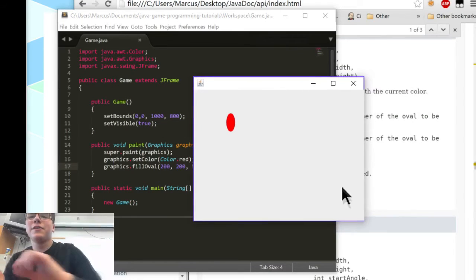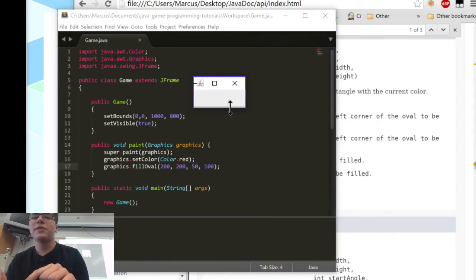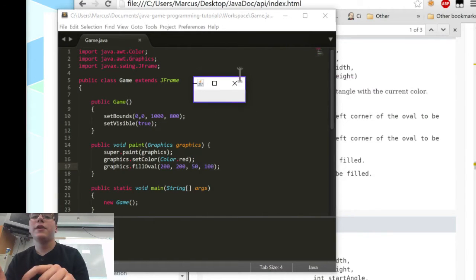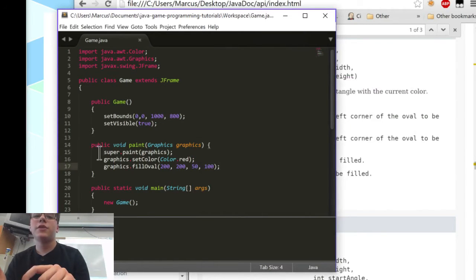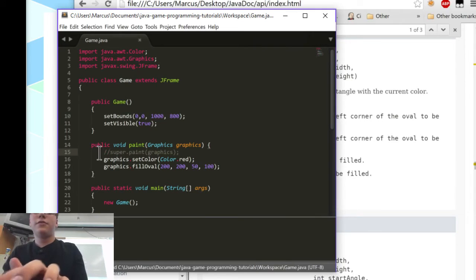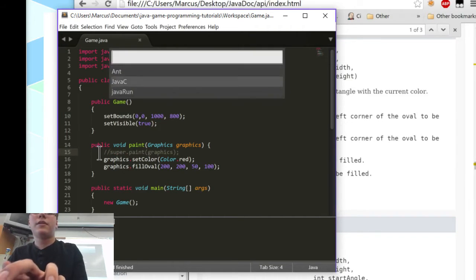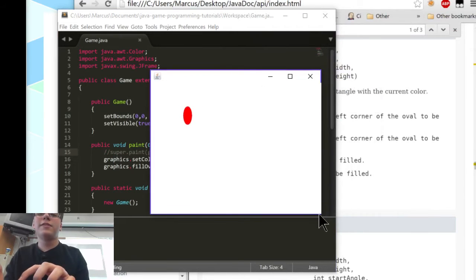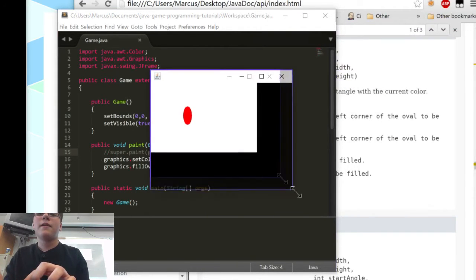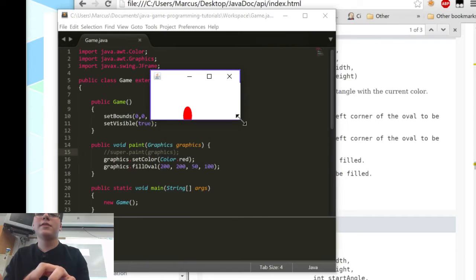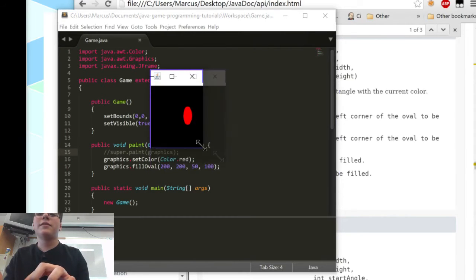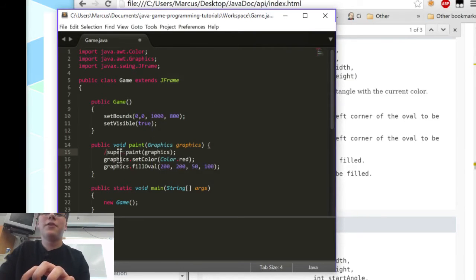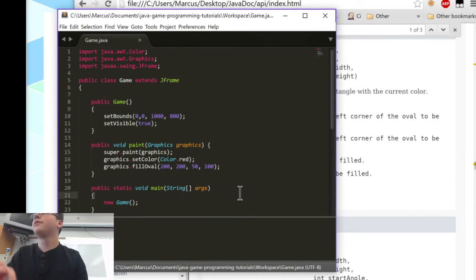And one thing you'll notice, a few things, the paint method is called whenever the window is resized. So let me go ahead and show you what happens if you don't call the super method here. Some real funky stuff happens. Let's do that. I hate that it keeps popping up over here. So if we resize now, really bad stuff happens because other components aren't being painted. It's just our oval now, which we don't really want. So we can go ahead and call the super method.